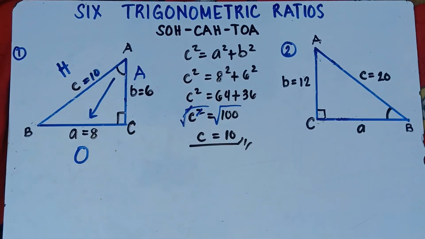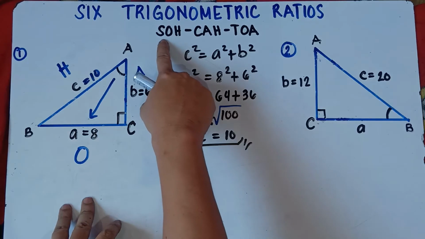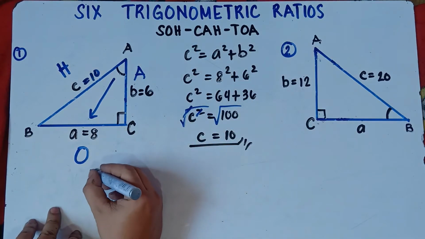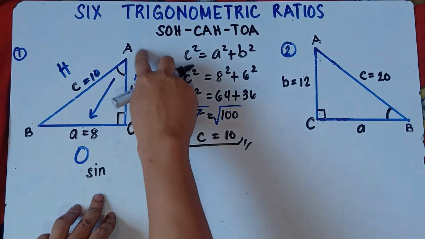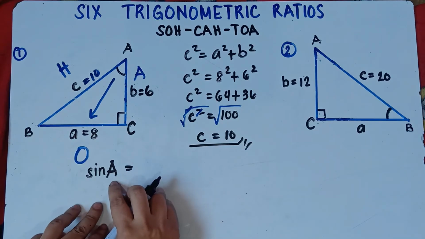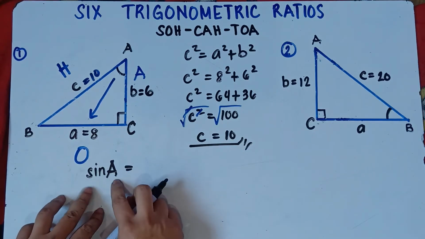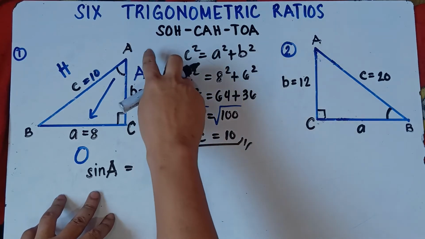Question, can we find the 6 trigonometric ratios? Yep, we can now find the 6 trigonometric ratios. So let's start with sine. Once again, sine is opposite over hypotenuse. So sine, once again, class, check the angle. Your reference angle is A. So that would be sine A. Always use a capital letter, class, for the angle. So sine A. Once again, this angle A will represent angle A.